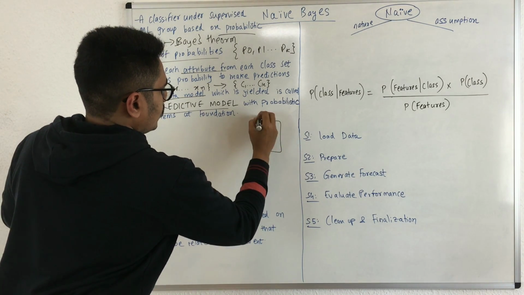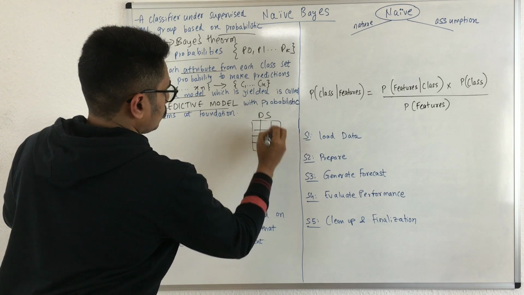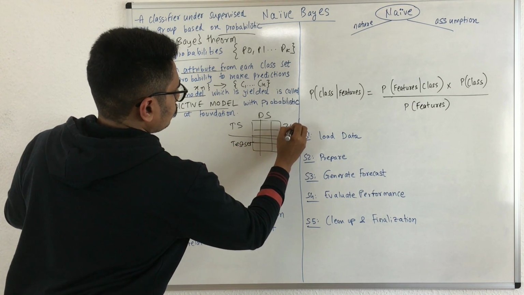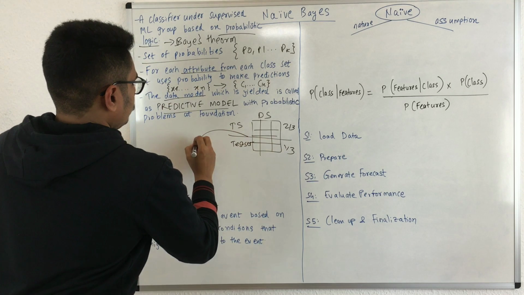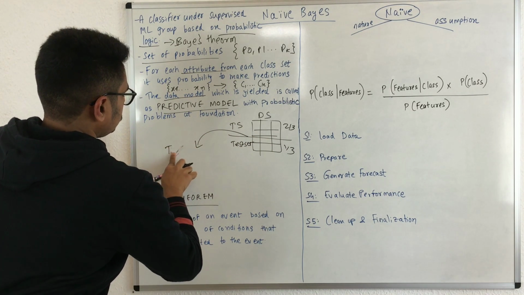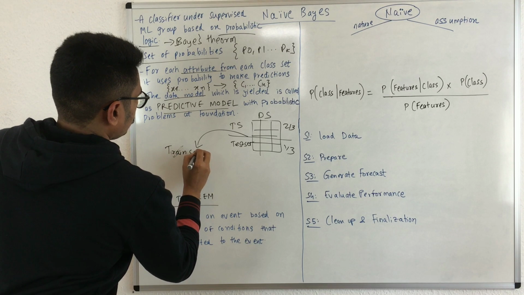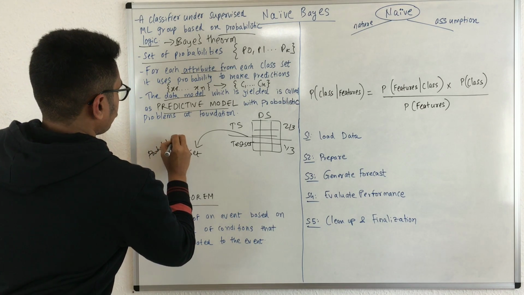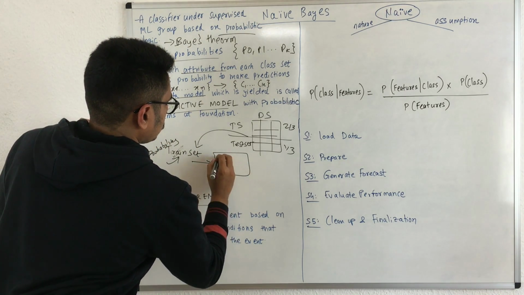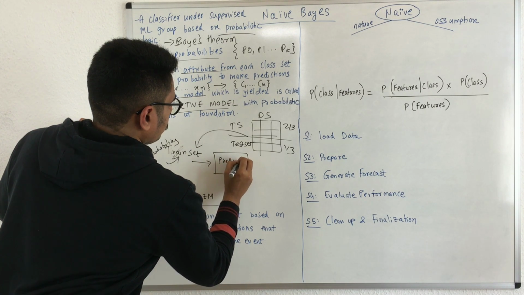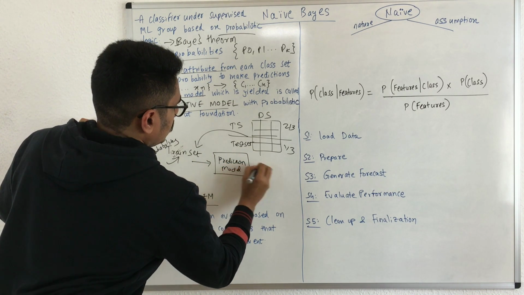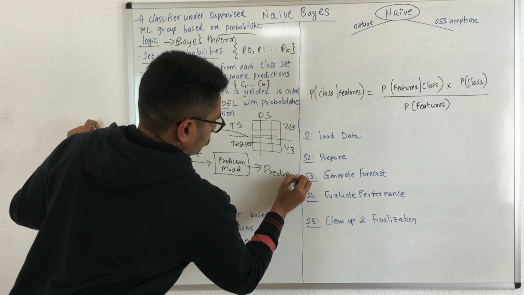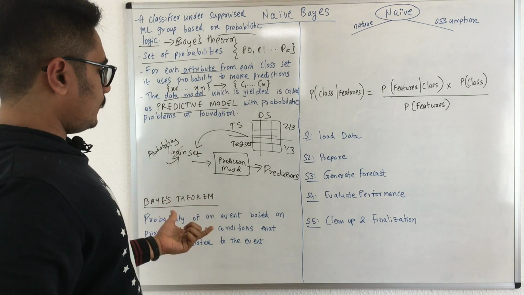So we already know, we have the data set which has n number of rows and n number of columns. We just divide it into training set and test set, say for example 2/3 and 1/3. Then we take the training set, and to this training set we apply different kinds of probabilities, and we create a predictive model, and the output we get from this is different kinds of predictions. So this is how the naive Bayes classifier works.